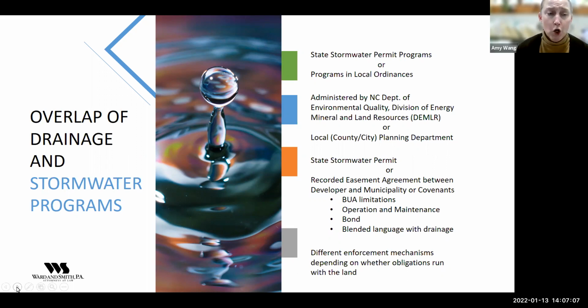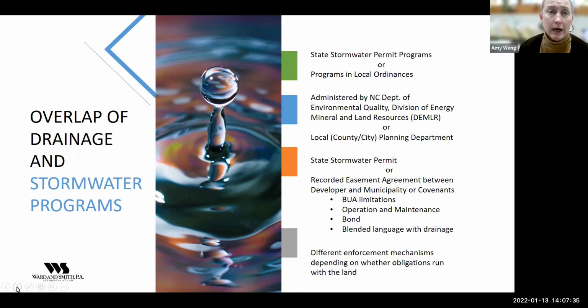This overlap can occur if a locality governs both stormwater and drainage in its code of ordinances or a unified development ordinance. But each of those, drainage and stormwater, will be addressed in different sections of the ordinance because they're not the same. The other overlap that occurs is between state authority and local authority over stormwater.